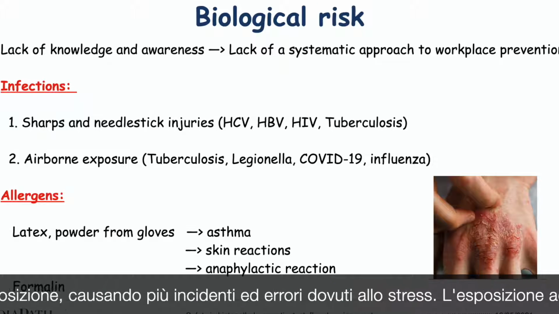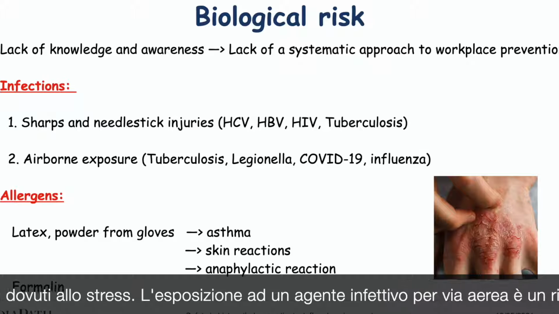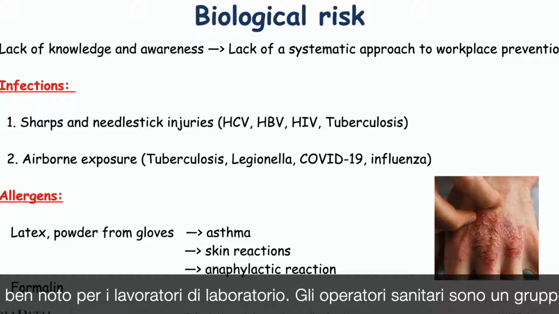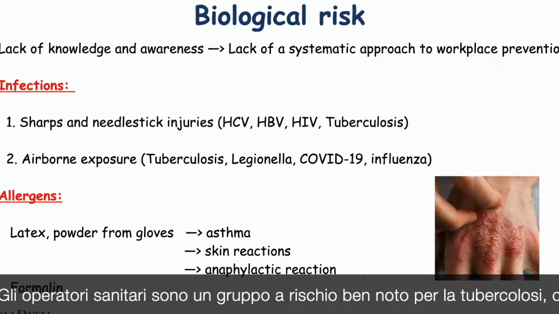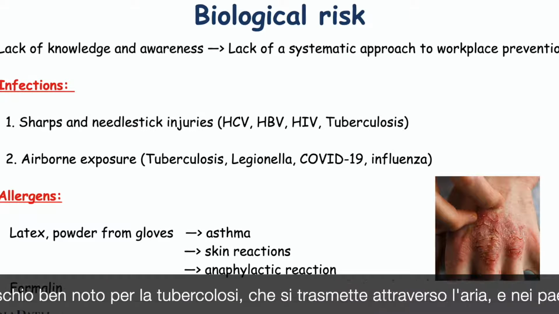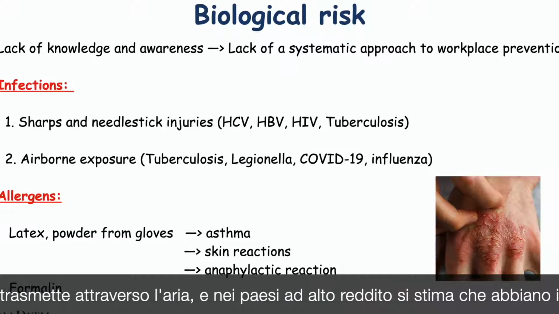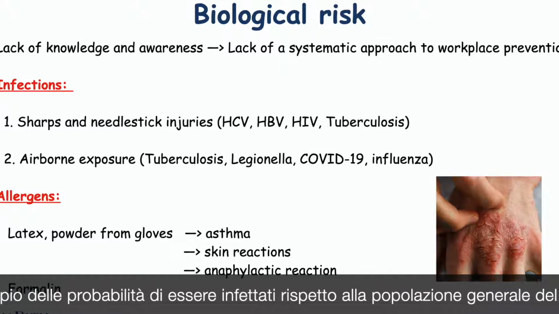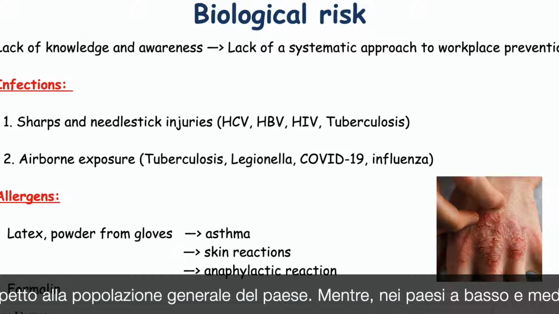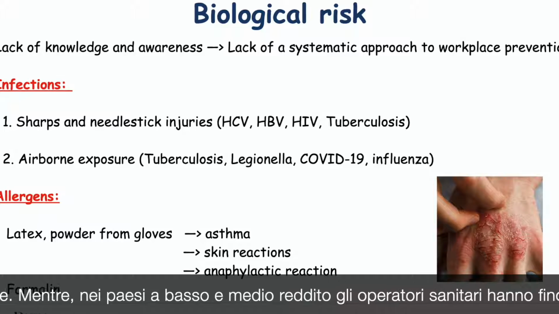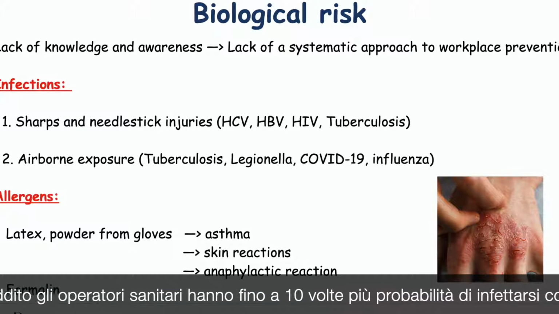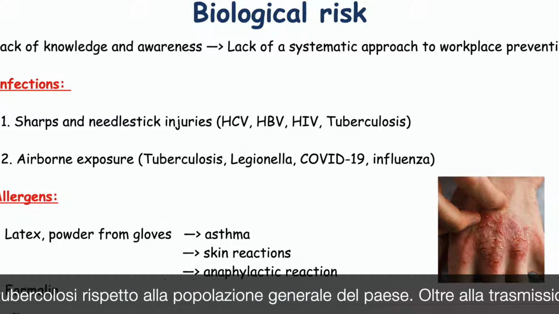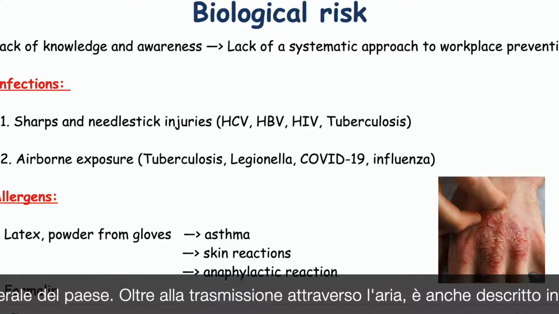Airborne exposure is a well-known risk for laboratory workers. Healthcare workers are a well-known risk group for tuberculosis, which is transmitted through the air, and in high-income countries are estimated to be twice as likely to become infected as the general population of the country, while in low and middle-income countries, healthcare workers are up to 10 times more likely to become infected with tuberculosis than the general population of the country. In addition to transmission via the air, entry via the skin due to needle-stick injury is described